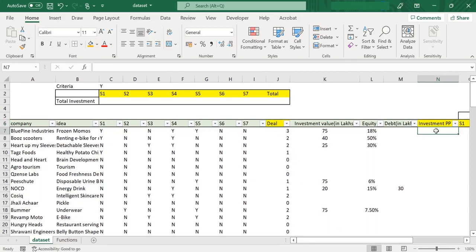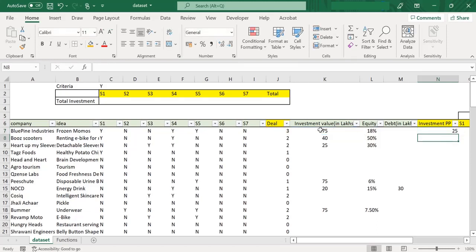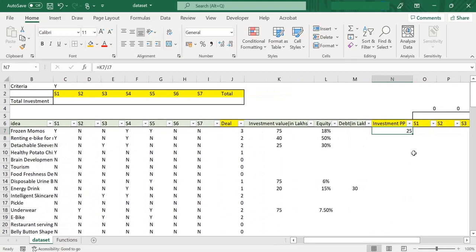Now the next part is to find out the investment done by these investors individually. For that we have to assume that every individual investor has done an equal share of investment as that of their counterpart. I will just divide the total investment value by the count of investors who have invested. As we can see, since both these columns had numbers, there was no such error. But if I just drag this formula, you can see the DIV error here.